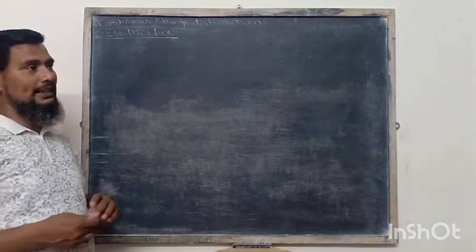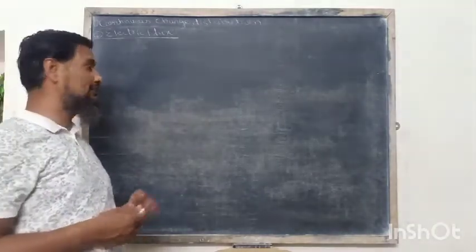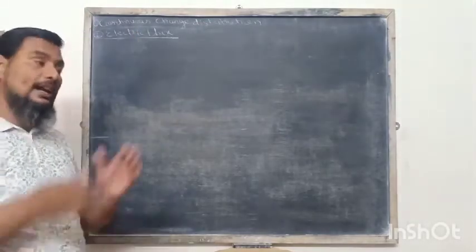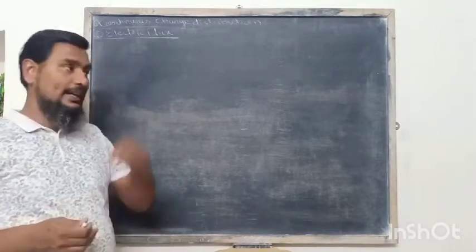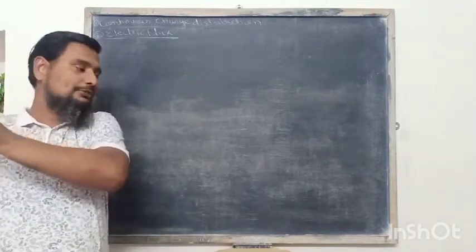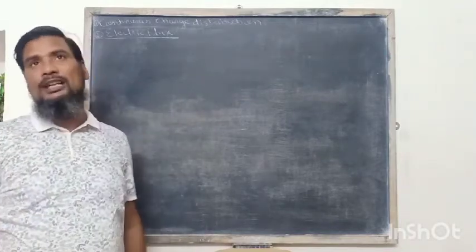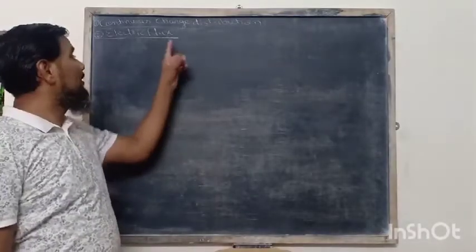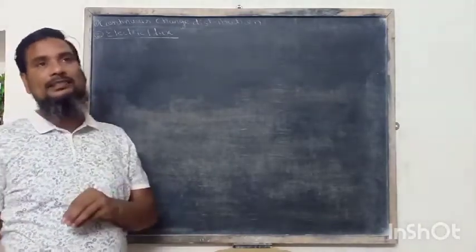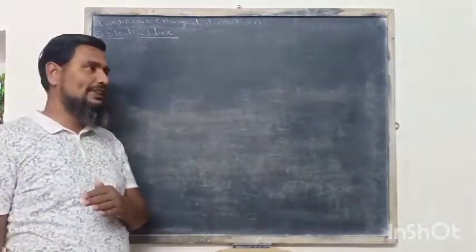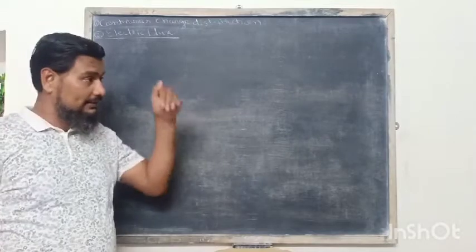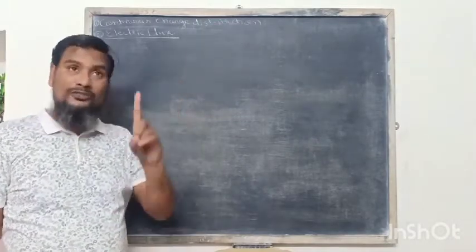So if we consider an electric field, that means there must be some electric line of forces. And if we put some surface area in the electric field, then some electric line of forces pass through the surface area, and that number of electric line of forces is called electric flux. Again, I am repeating, the number of electric line of forces passing through a surface area placed in an electric field perpendicular to its plane is called electric flux.